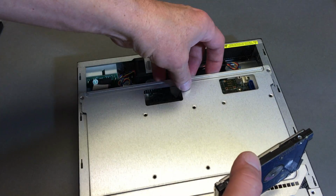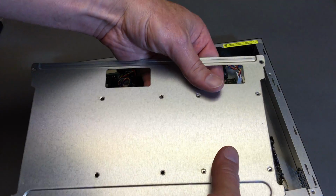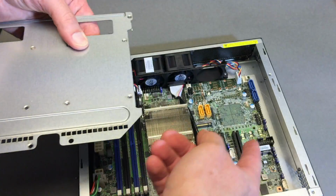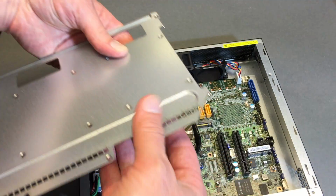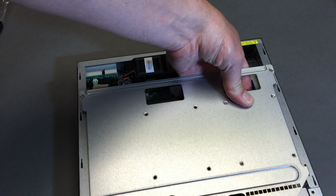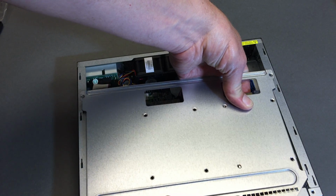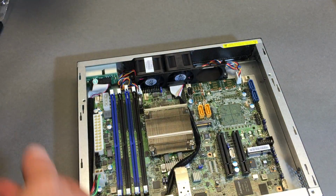But I don't believe they claim to have space for a second 2.5-inch drive. So there is no issue with lining up these holes. There's no issue with clearance here, unless of course you're trying to use the PCI card, in which case I'm not really sure you can do that at the same time. But again, I don't have a right angle adapter here to do that. So